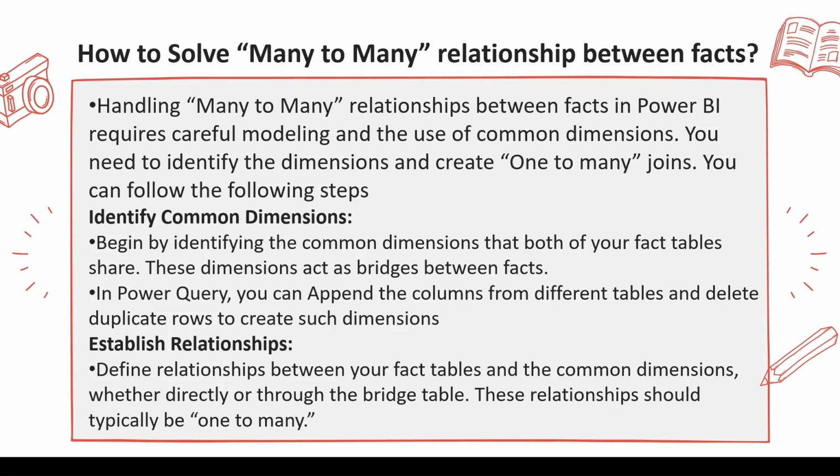Identify the common dimension. Begin by identifying the common dimension that both your fact tables share. These dimensions act as a bridge between the facts, a bridge table or dimension table. In Power Query, you can append the columns from different tables and delete the duplicate rows to create such a dimension. We can append either a column or a set of columns and then delete duplicates to create such a dimension. If the primary key is already present, then we are not bothered. Otherwise, we create an index column and then we use merge queries to populate the index column back into